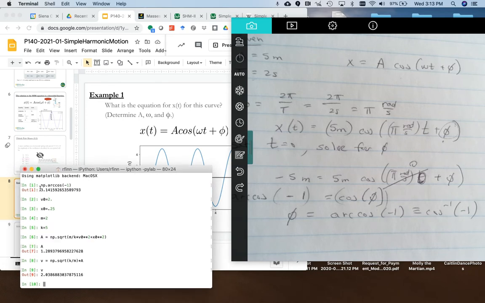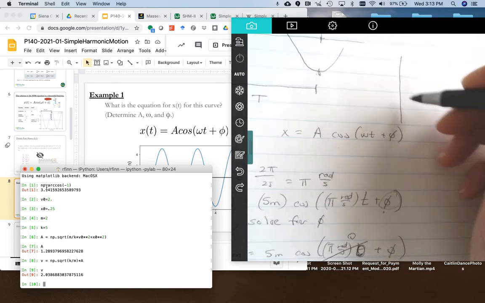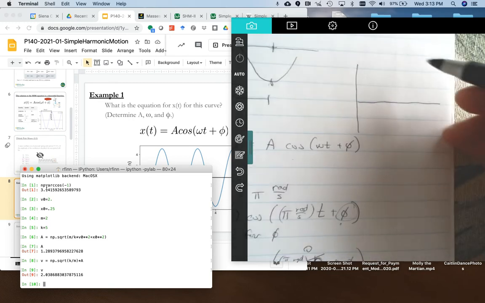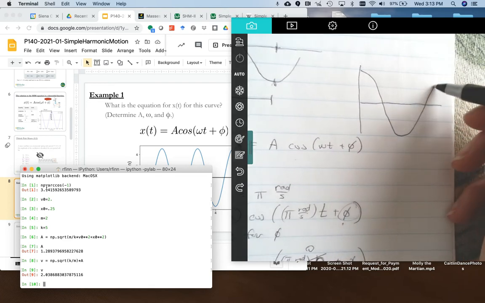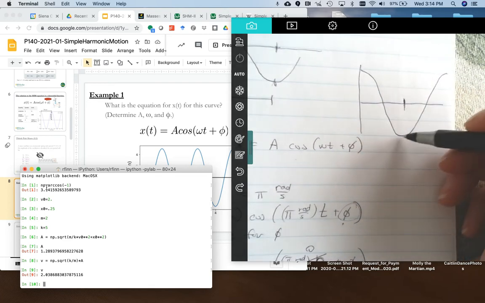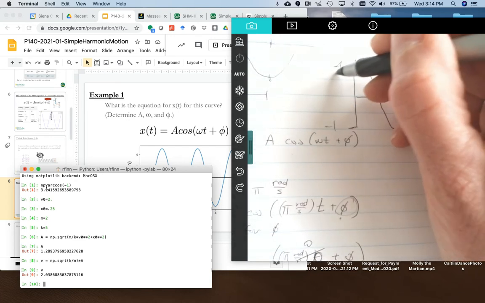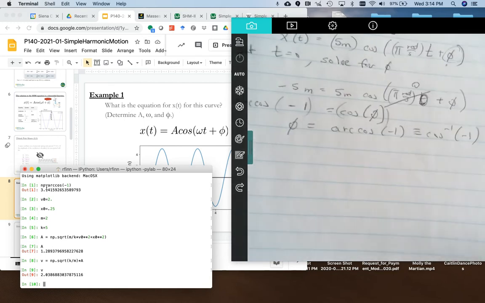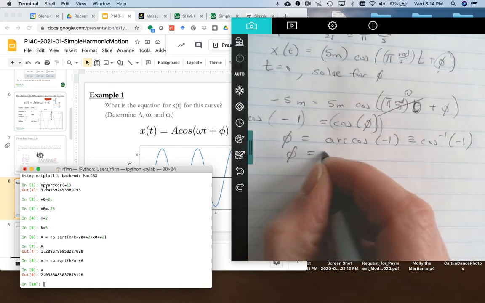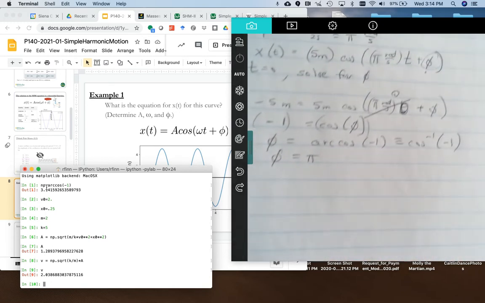Yeah, so I calculated it before, but we even know just from, like, if we sketch out a regular cosine curve. We start at 1, we go down to 0, or -1, 0, and then back up. And this, where it hits -1 for just a regular normalized cosine curve, happens at pi. So we don't even need a calculator to know that phi equals pi. Okay, so then our full equation of motion is,